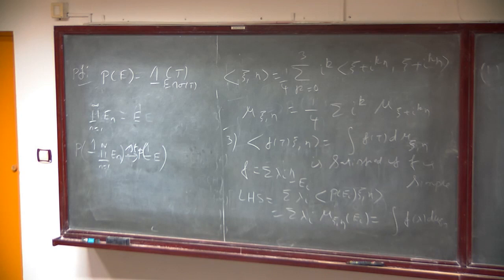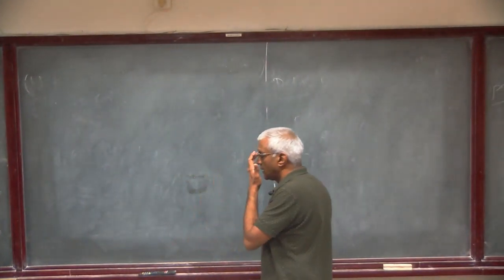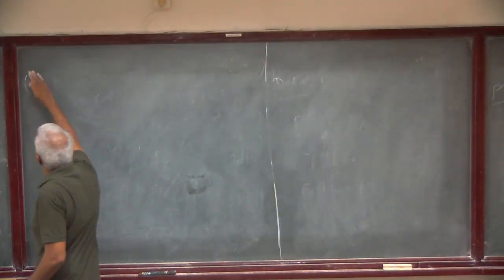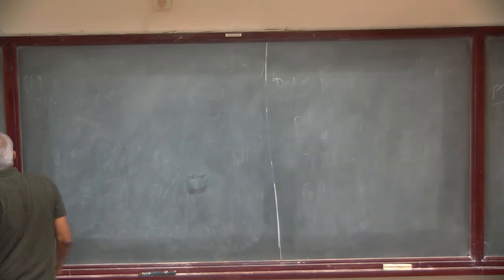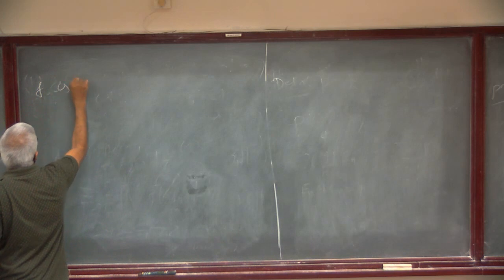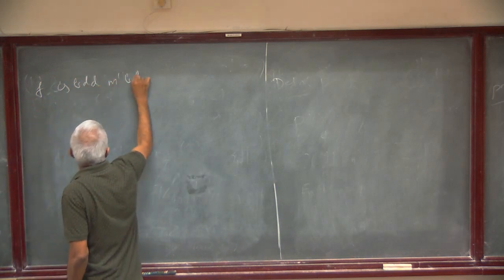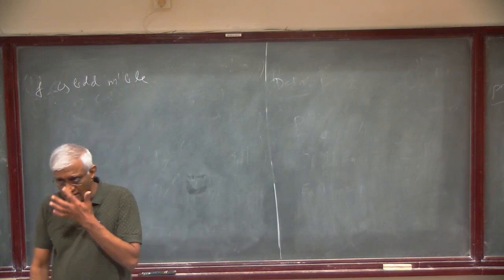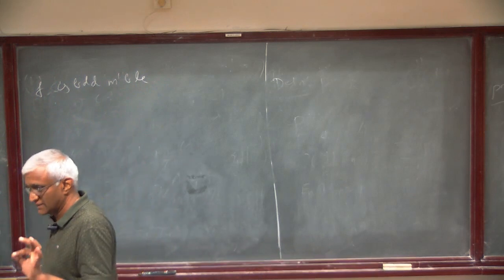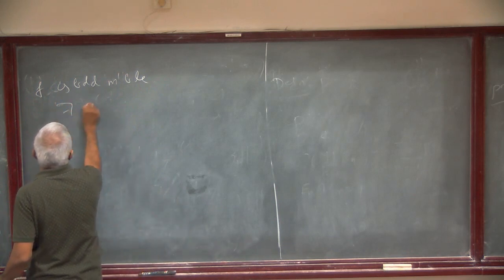Now, if you remember your measure theory class, any bounded measurable function can be uniformly approximated by simple functions. So there exists a simple function phi